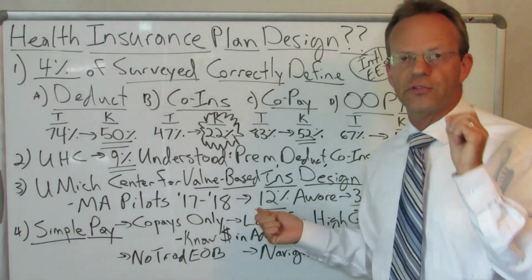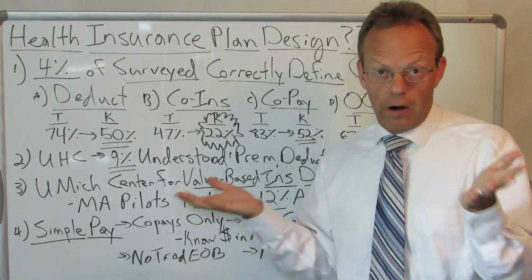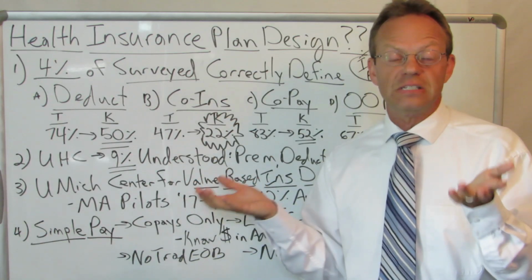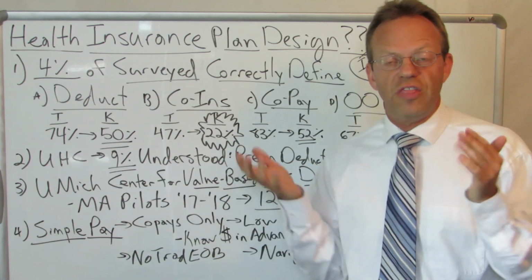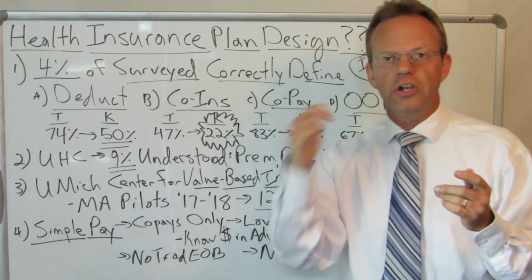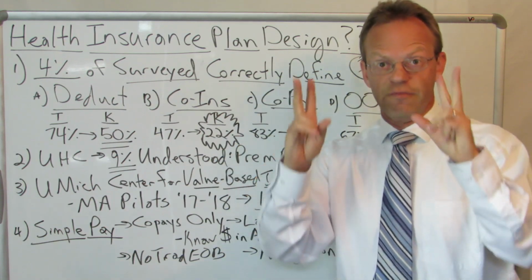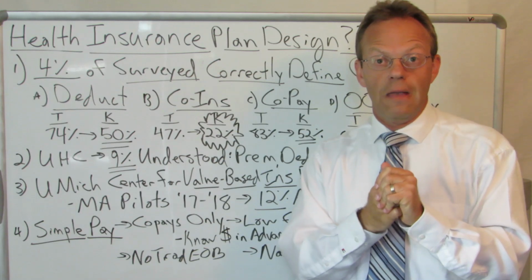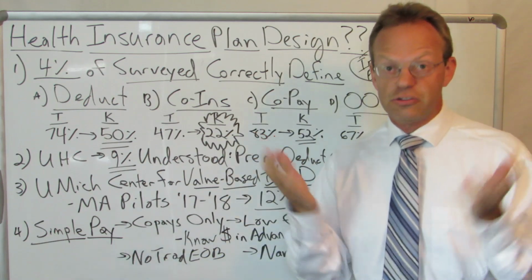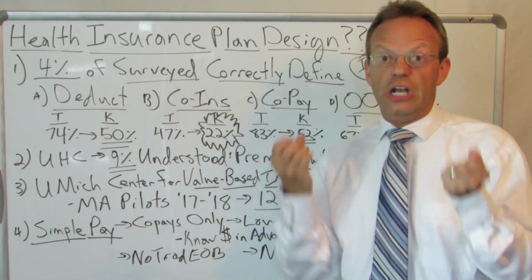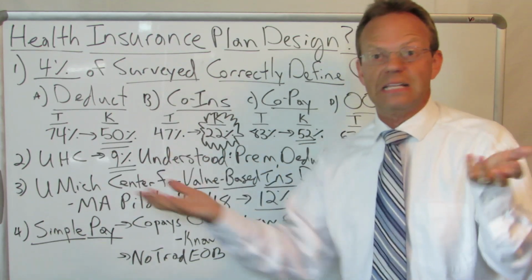Only 12% of the plan participants were even aware of their value-based plan design. In other words, only 12% knew that they had either low or no out-of-pocket costs for certain value-based healthcare services. And so as a result, if only 12% know, then it's really hard to change their behavior if they don't even know what the incentive is to change their behavior in the first place. And as a result,